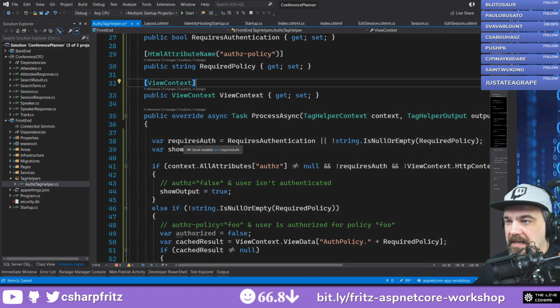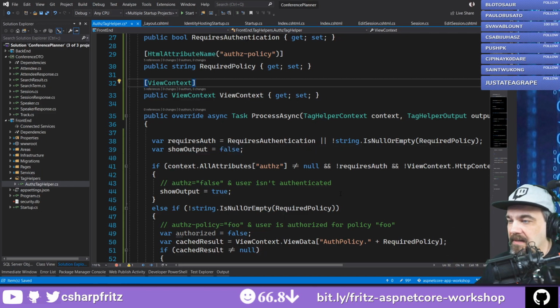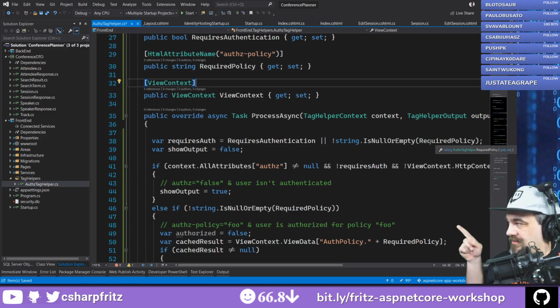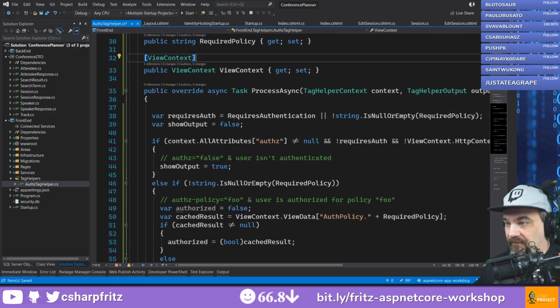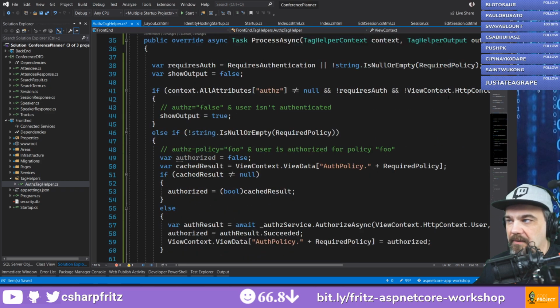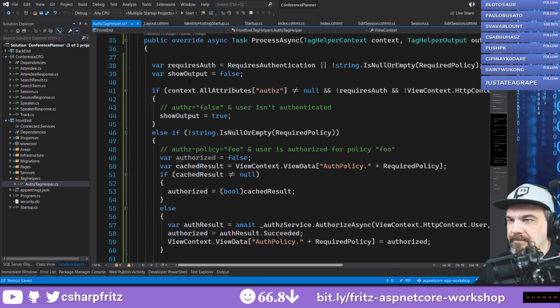Let's break it down. If we require authentication, it's because either the requires authentication has been set or there is a required policy defined. If one of those two is set, so requires authentication or there's a policy you need to pass in order to be authorized, then it requires a little bit of a check. Show output is going to start off as false, and we're going to check those attributes. Do we have authz? Good. And it doesn't require authentication, and the context identity is authenticated, so if you are logged in, then show the output. Otherwise, if we do have a policy,